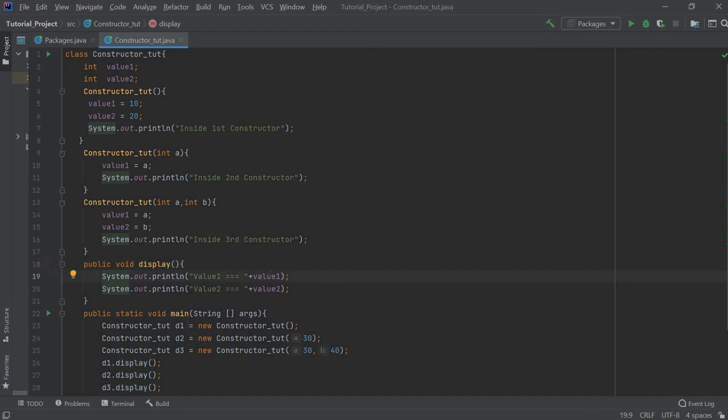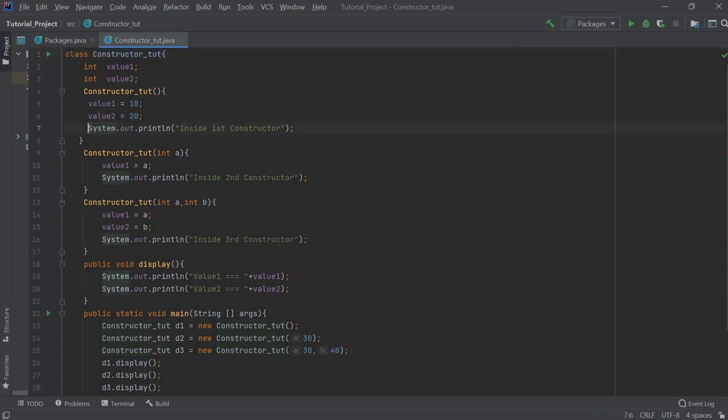So now inside this main method I'm going to create the constructor object. Constructor actually means whenever you are going to create any object of this class, the name of the class is constructor underscore dude. If you are going to create any object, at that time the constructor will be called, means it will simply run even if you have not called it, or even if you have not written any name or anything.